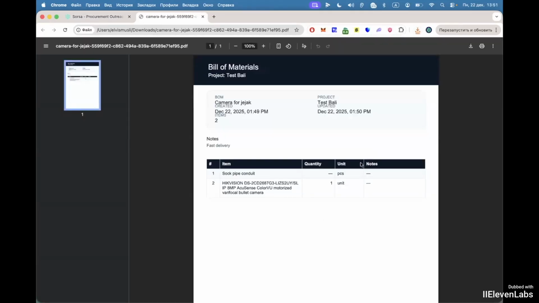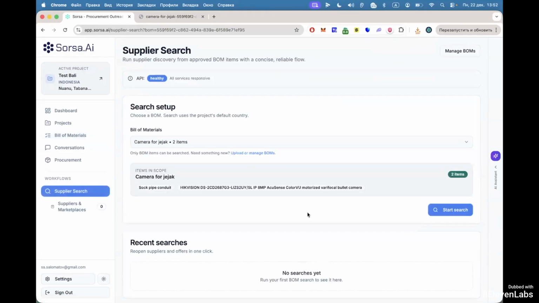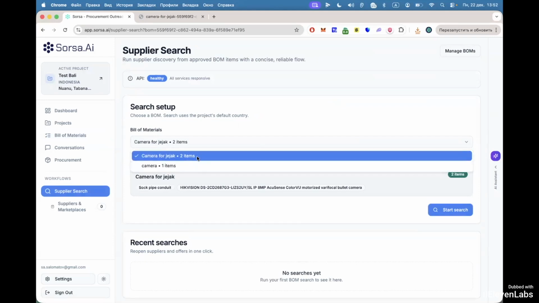This means that what we currently have right here, specifically, is this very item. You see? So from this point, we can then proceed to send this file directly to our management team for their final review and approval. Moving on. So following this step, once we have successfully completed this and everything is in order with this particular file, we will then proceed to the search option. Now, within the search interface, we can then select the specific